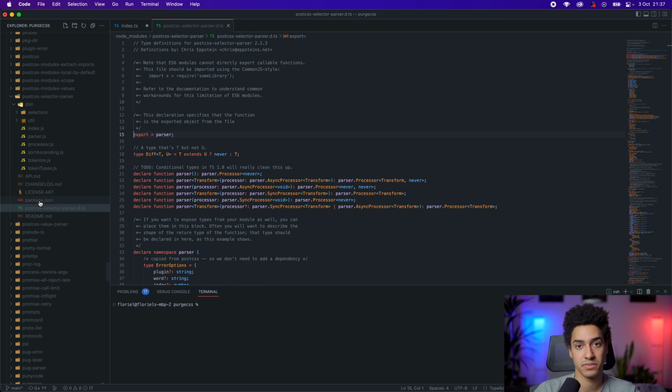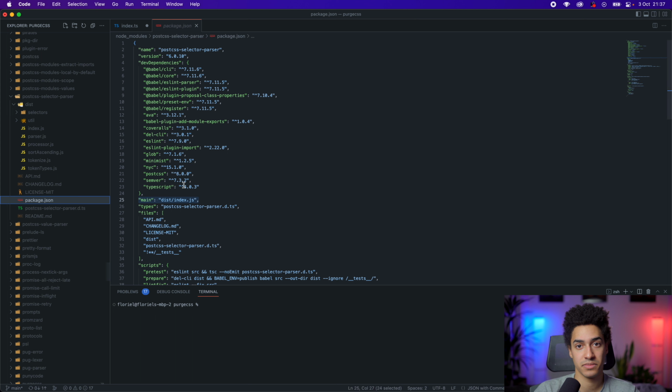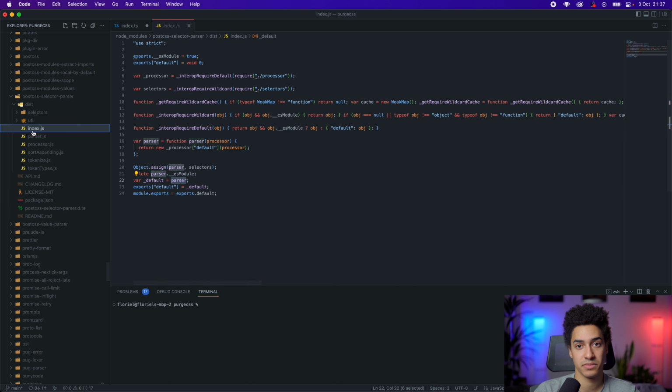And just looking at its package.json, you got the entry point. The entry point is specified by main here. And so main is pointing to dist/index.js. If we look at dist/index.js, this is a file that was specified to be the entry point and